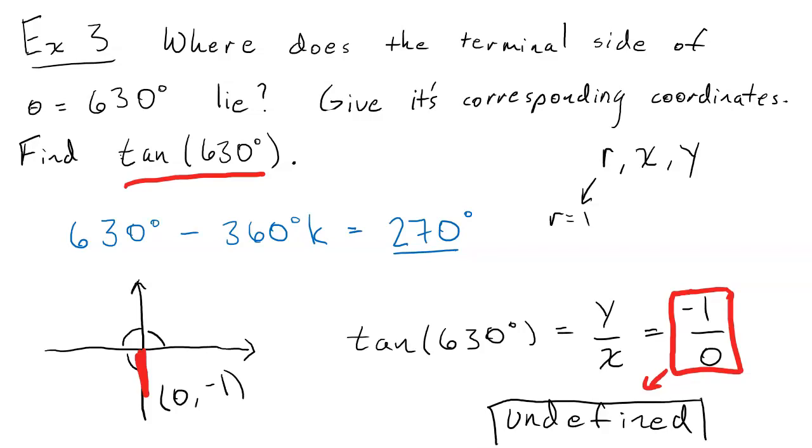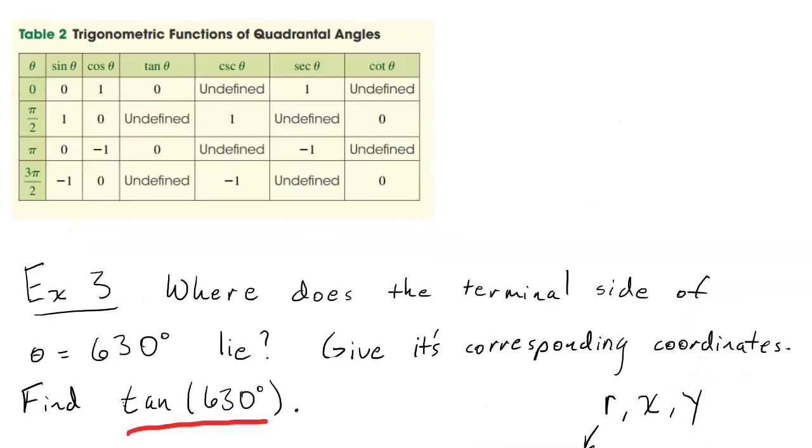And that's how you solve this example. Another way to quickly solve the last part of this problem, where it asks you to find tangent of 630 degrees, is to look at this table that you can find in your e-text. This table labels all of the trigonometric functions, sine, cosine, all of them, for each of the quadrantal angles. So you can see tangent